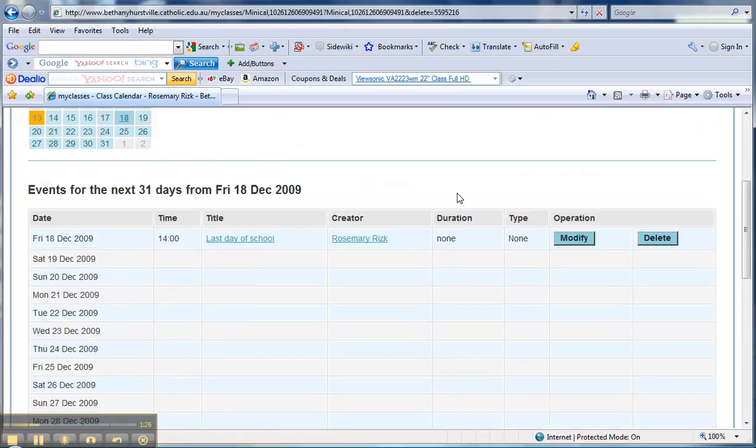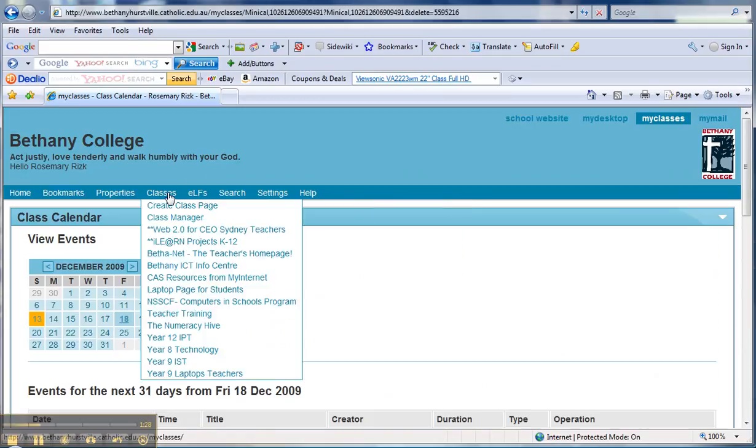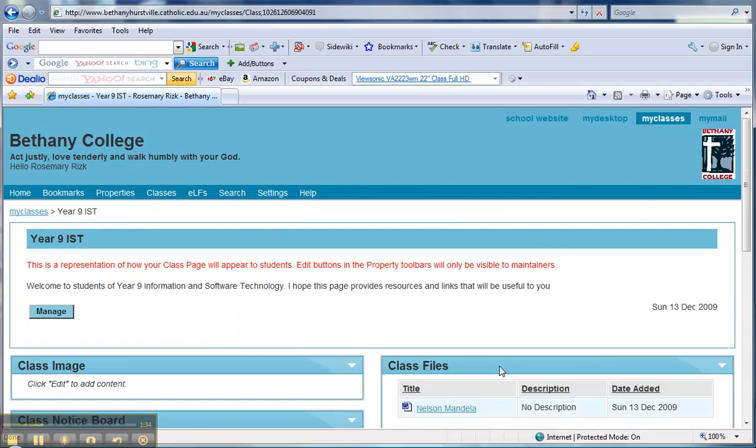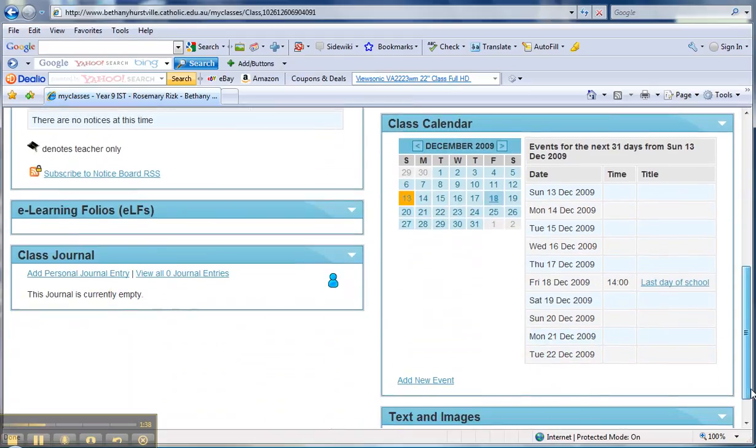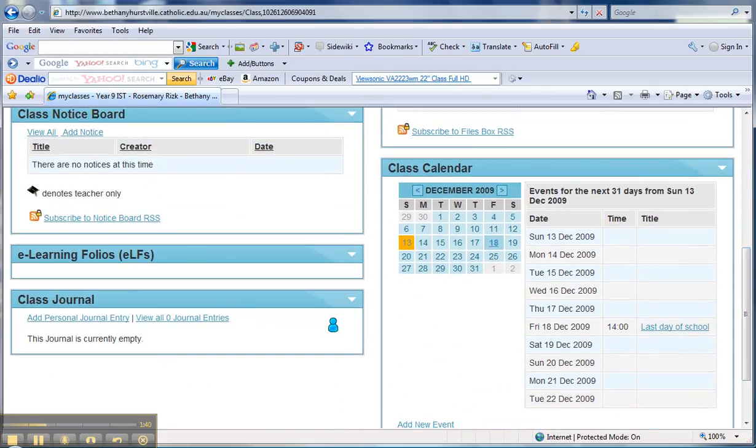So what I'm going to do is go back to my classes page. So I'm going to click on classes and then click on Year 9 IST once I've added that, and if I scroll down I can see the 10 days. Now the way that I displayed the 10 days after the creation date is I clicked on the little arrow